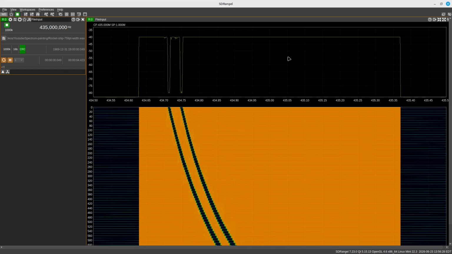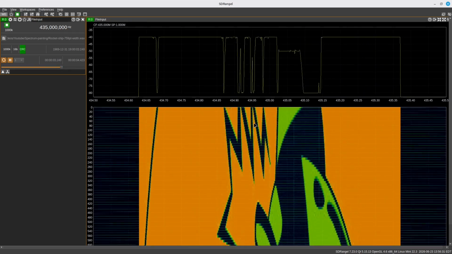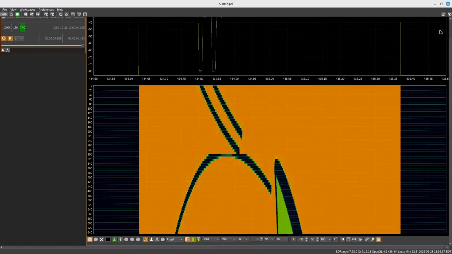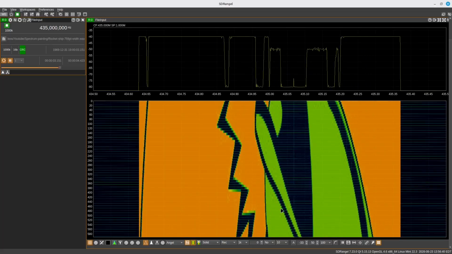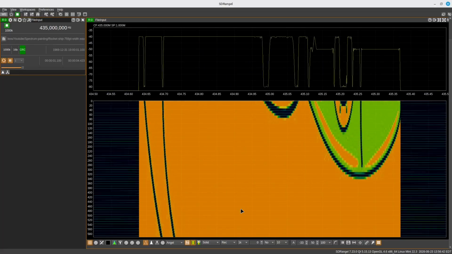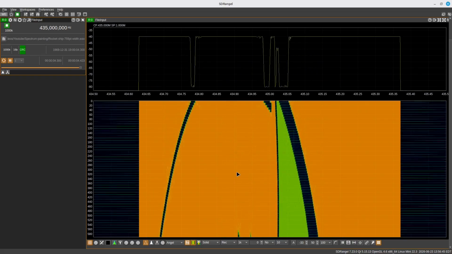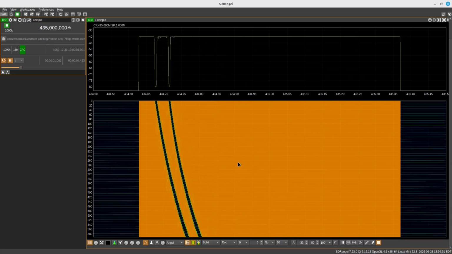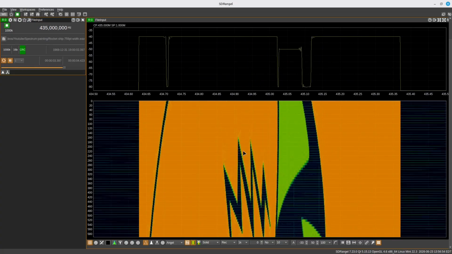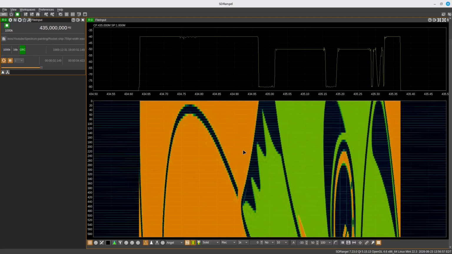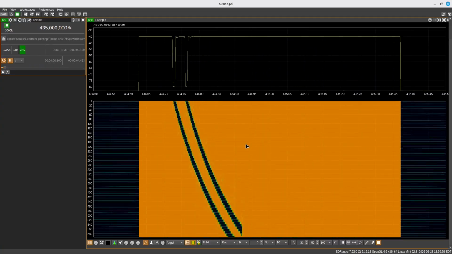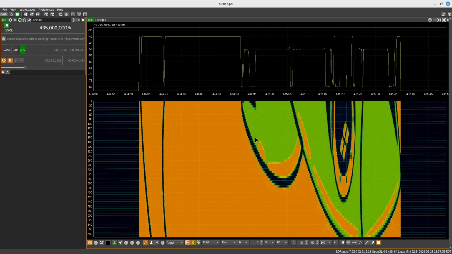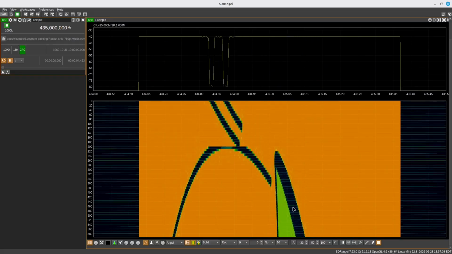What you're seeing is the spectral display on the top, the spectral trace, and then the spectrogram on the bottom. Notice that it's showing up quite stretched vertically, due to the fact that this thing is updating much faster than the one in GNU Radio. So I'd probably want to go back in and change the repeat value, because if I recall correctly, I had it set to like 10. I might want to drop it to 5, 3, maybe just leave it at 1, and then it will look more natural. But otherwise, notice that you are getting the original image just the way you want it.